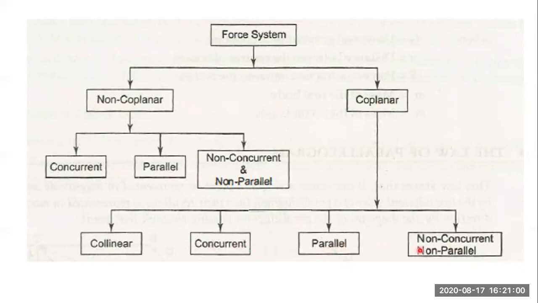The only difference is collinear. When two forces are lying in the same plane, it is possible that both lie in the same line of action. That means if the line of action of two forces is the same, we can say that the forces are collinear. Say for example,